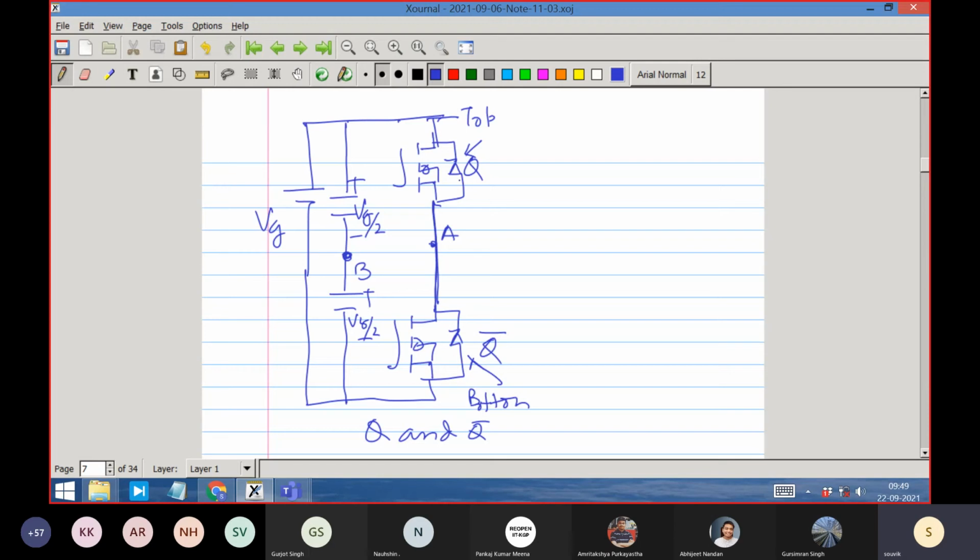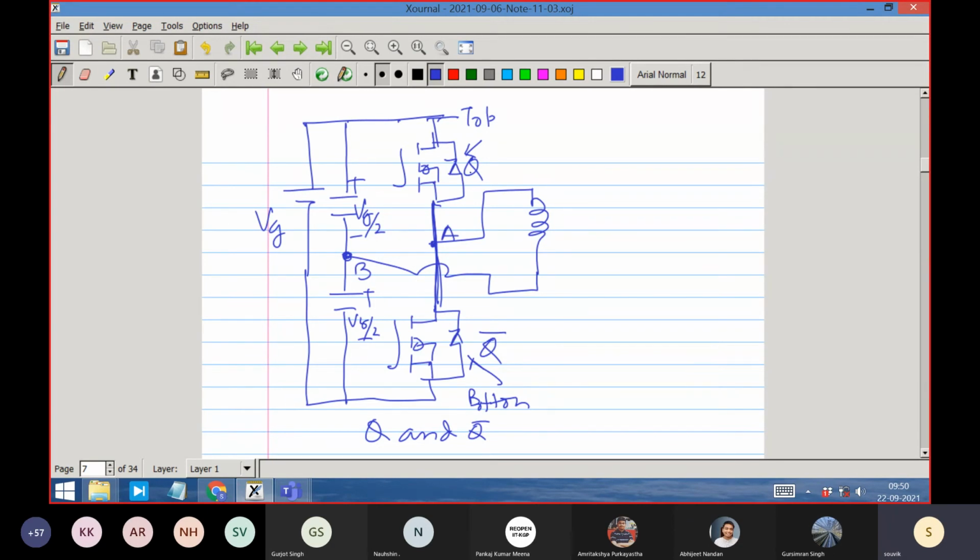You are creating two points, the junction point here, and another midpoint from the capacitor midpoint, right? And you are putting a transformer across these two midpoints. This is to make sure that you are getting positive and negative voltage. Otherwise, without this capacitor, you are not able to give positive and negative voltage, right?